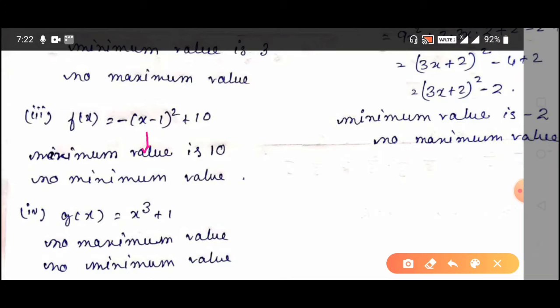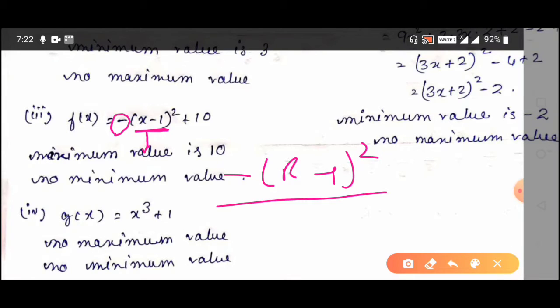We cannot find the minimum value because whatever value of x we take, whether we increase or decrease x, this part is positive, and since the negative sign is given, −(x − 1)², the value of this one will keep decreasing because of this negative sign. Now how much the value will be, we cannot find out. So here we can find the maximum value.